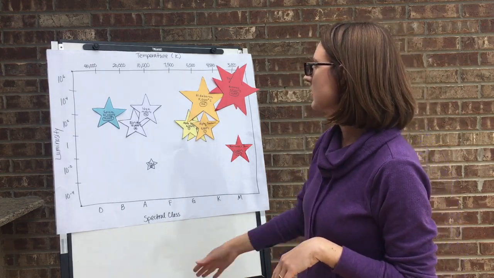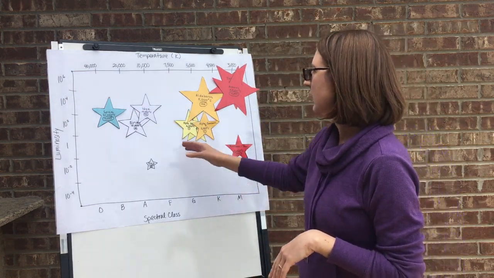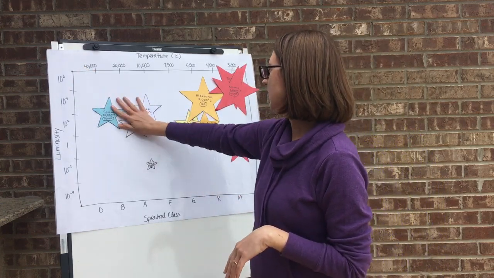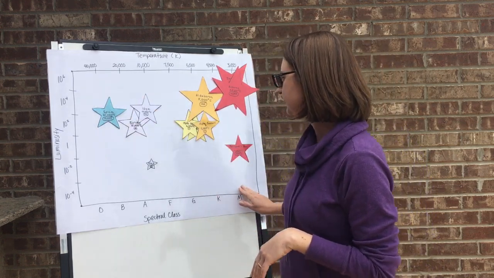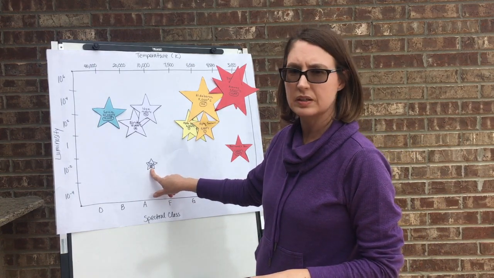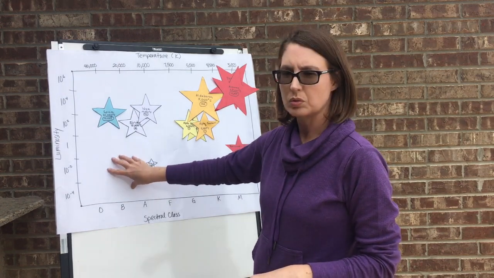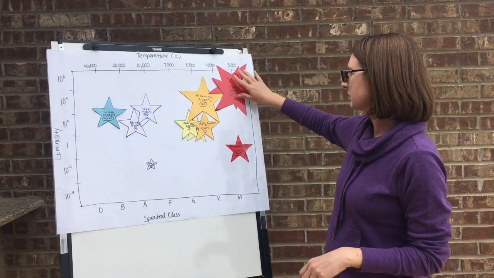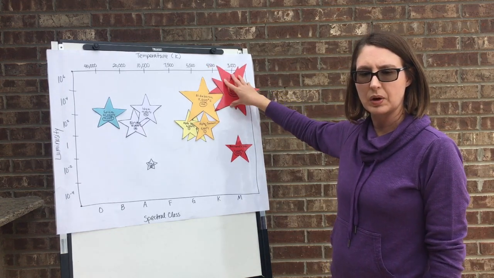What I want us to notice is we have the diagonal line that goes from the upper left to the bottom right, and the stars that graph in that area are called main sequence stars. So these guys are main sequence, and this is main sequence, and Barnard's star is also main sequence. Sirius B, we talked about how little Sirius B is, and also its luminosity is really tiny. It is part of the dwarf stars that are in this area. And then Betelgeuse, Antares, and Aldebaran are part of our giants and supergiants that go in the upper right part of the HR